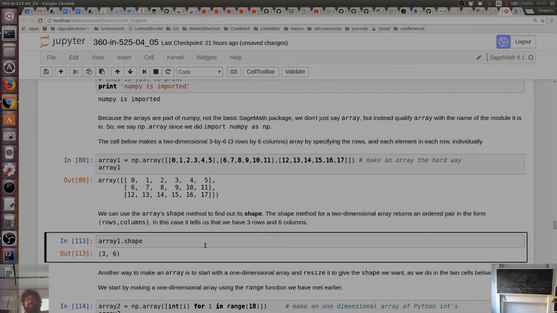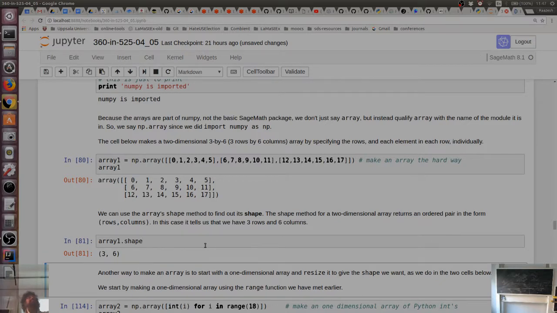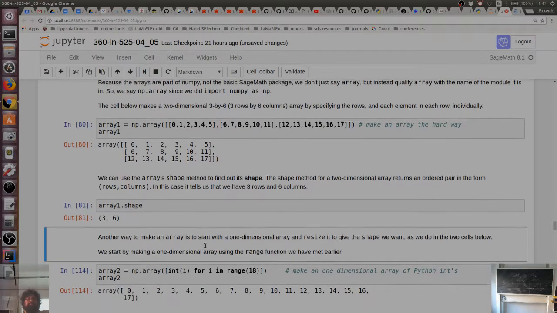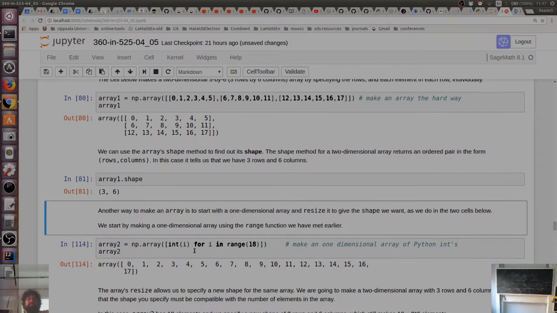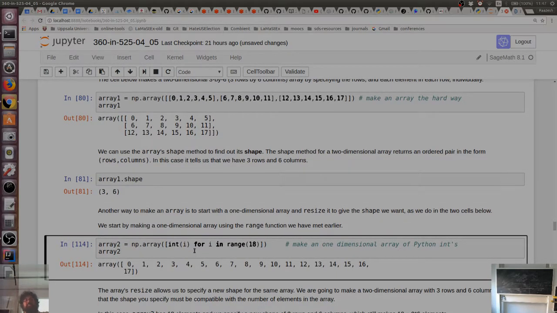I can ask what's the shape of an array. So it's a 3x6 array. This is another way to make an array. You can just do int of i for i in range 18. So I can make a 1D array